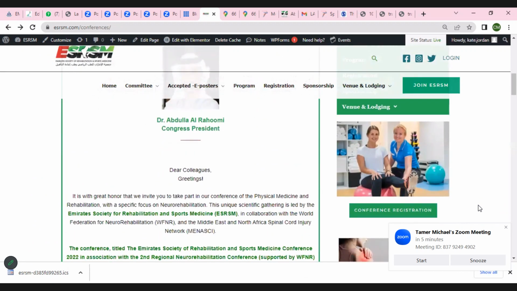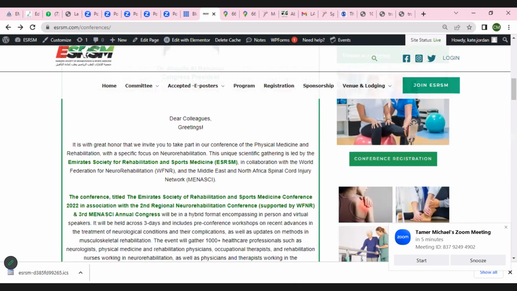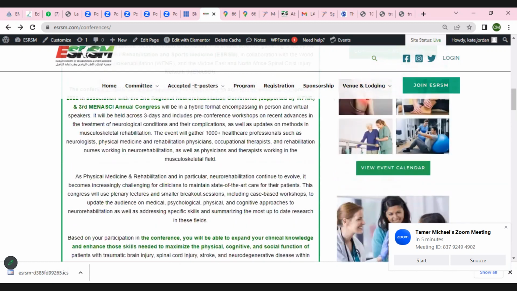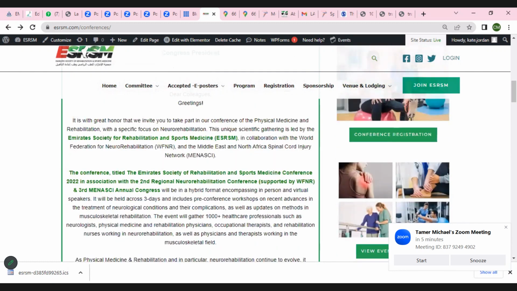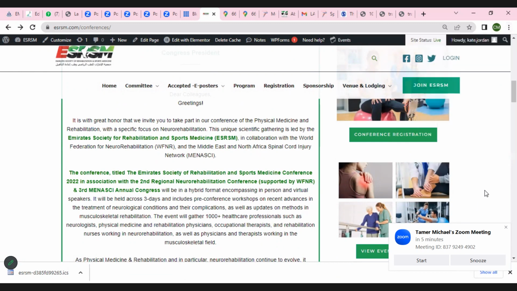This is the conference. So you don't want this. What don't you want here? Okay. What do you want removed? No. Okay, so this is fine for me. Now, what's confusing here? What's confusing is the join ESRSM. No, the one above. The one above. This one. So can you show me the tab? How do you get to this page from the beginning? Why is this stuck? Let me refresh it. I hope I don't lose it.